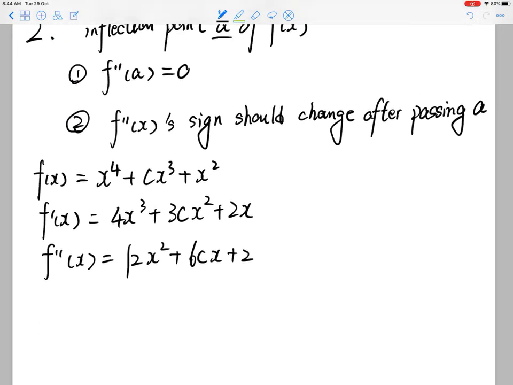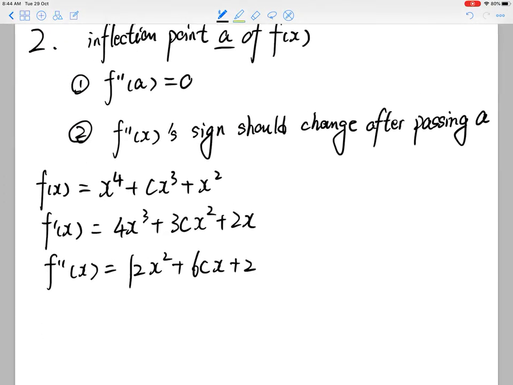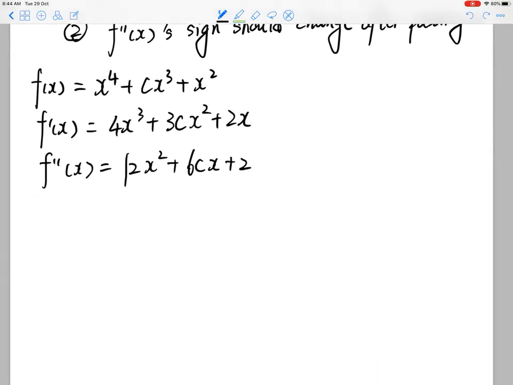Then when it doesn't have any inflection point, either you don't have any point where the second order derivative equals 0,